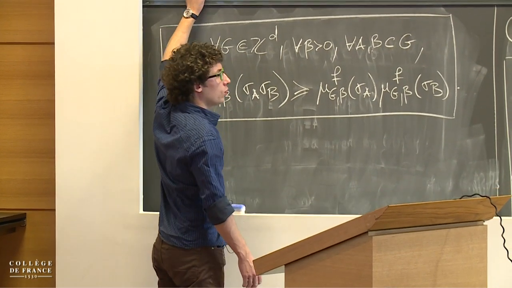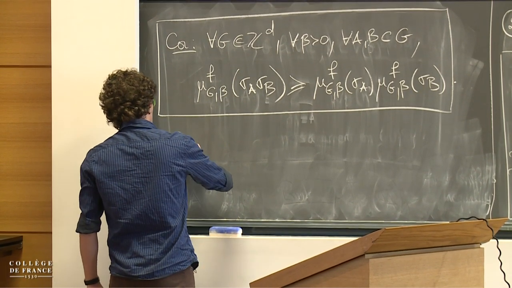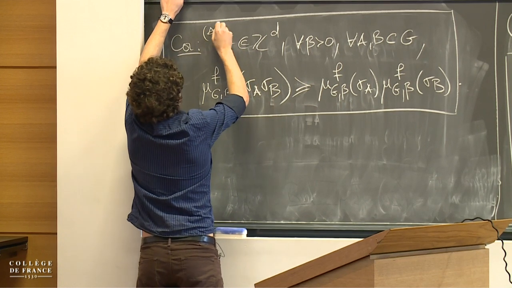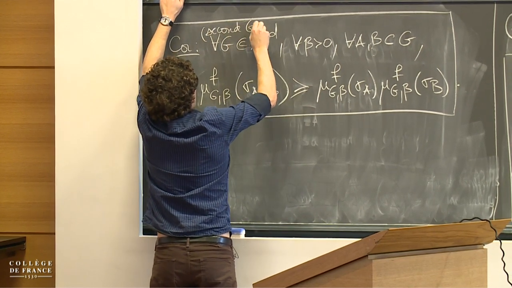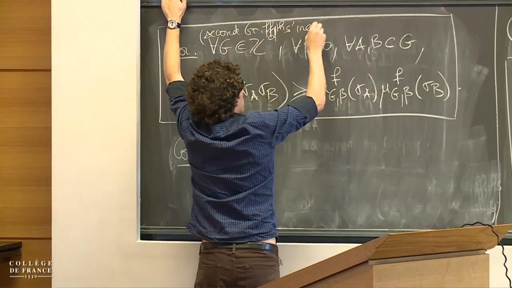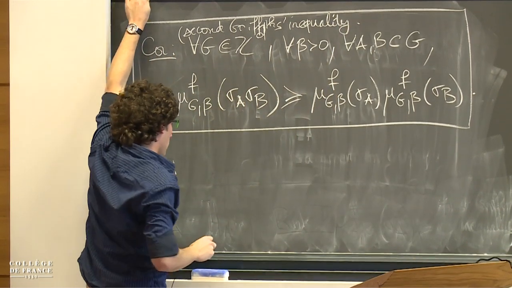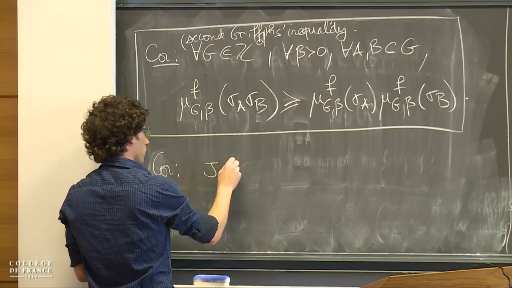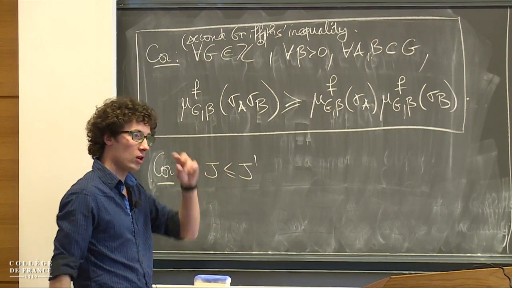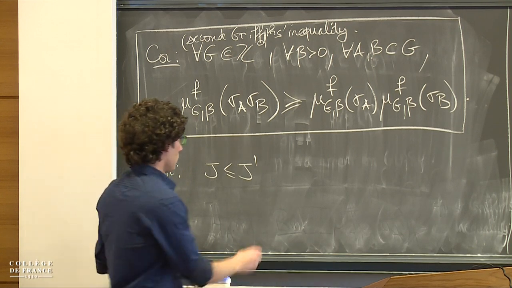So this can look weird. I mean, this can look useless. But it has a very nice corollary even. This is called the second Griffiths inequality, and it has a very nice corollary. It is that if you take j smaller or equal to j prime, meaning that you have j_xy smaller or equal to j prime_xy for every x and y, then,